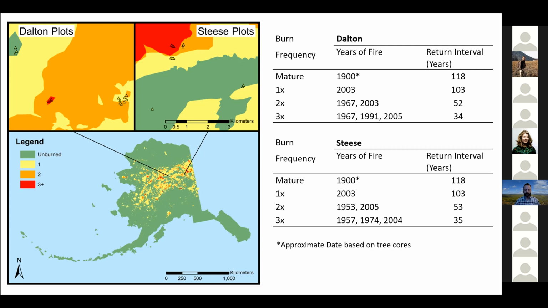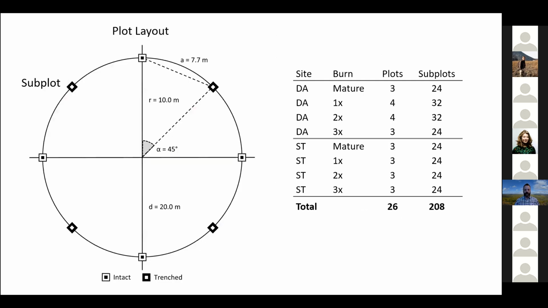And so our project focused on looking at how this increase in soil temperature may have influenced the decomposition rates in these multiple burns. And so we focus on areas that have burned 1, 2, or 3 times in the past 60 years. And the most recent burn all had been roughly 2004, 2005. So all had burned most recently around the same time. We had nested subplots within plots, and these plots were distributed relatively evenly across these 3 burn sequences.